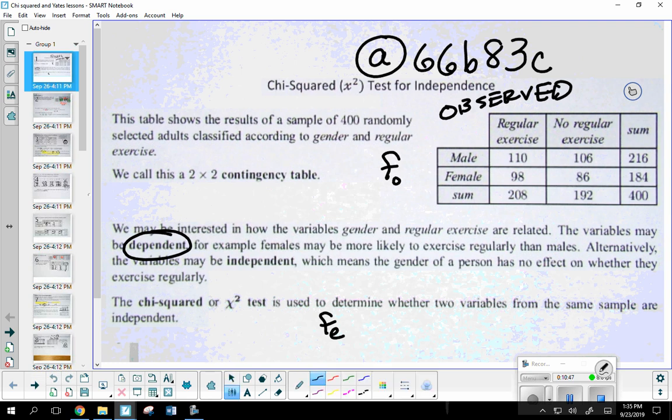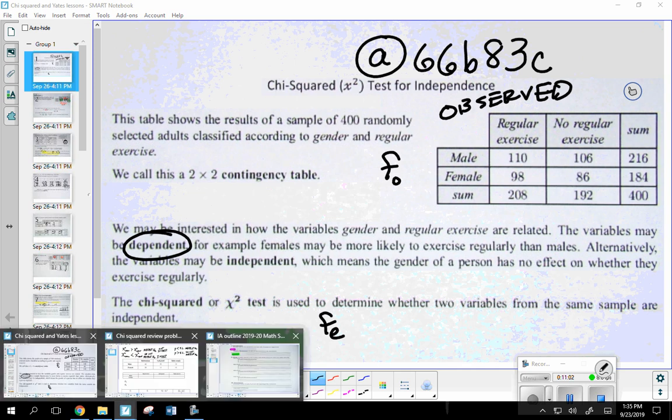So there's a lot of information that we talked about when it came to chi-squared. In fact, it took us a little over a week, some of it because of the test last week, but also there was a lot of information to discuss. So I'm not going to go through it all right now. Let's actually look at a problem. Okay, if this will pop up.